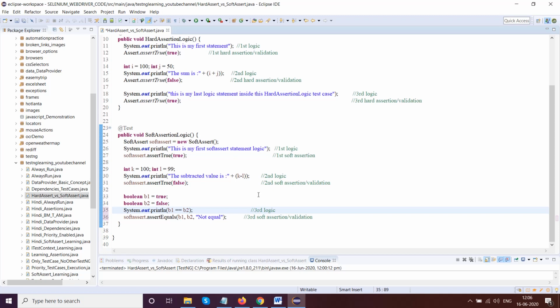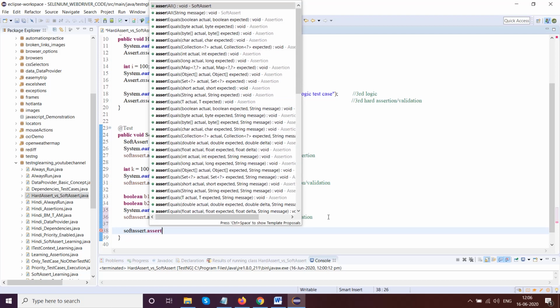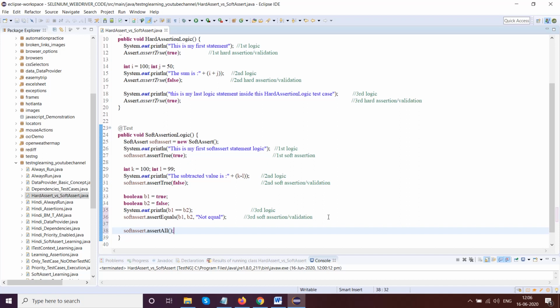Since all the logics are over, I'll give the most important, softAssert.assertAll, to get all the exceptions which we find. So now let's go and run this.